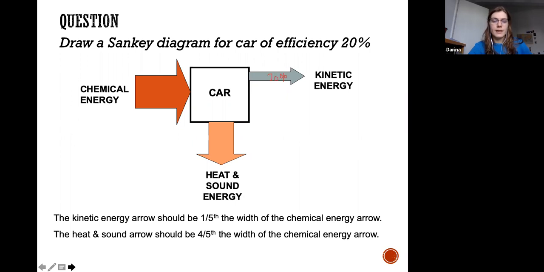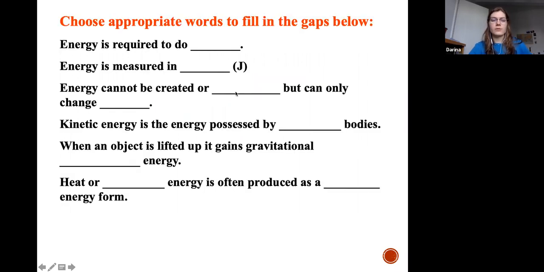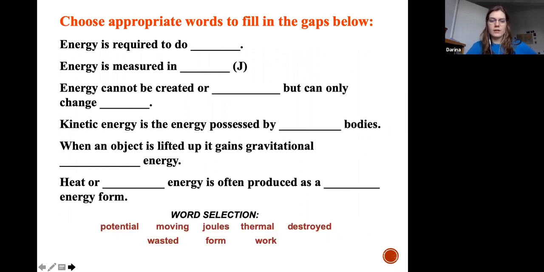Right. A quick exercise before we finish off for today is to fill in the word gap. So energy is required to do. Put any answers that you have in the chat, please. What is energy required to do? Oh, so we've actually got the words to choose from here. Work, well done. Energy is measured in